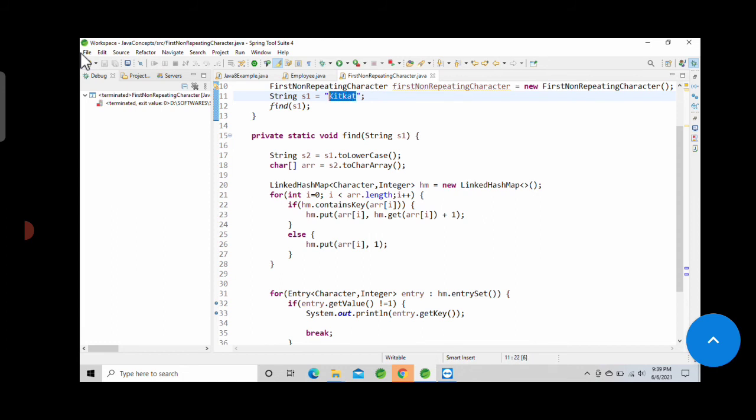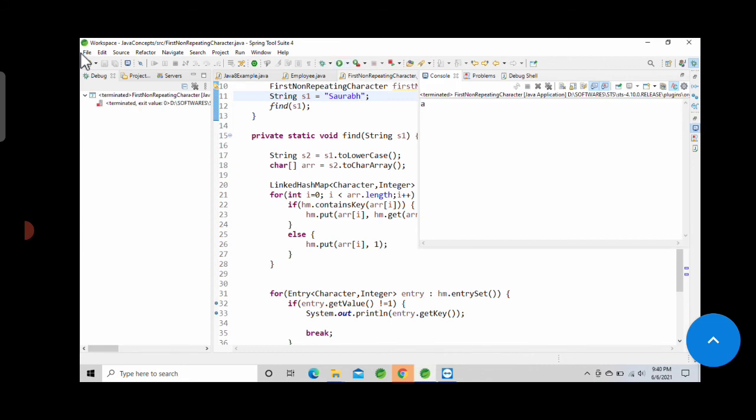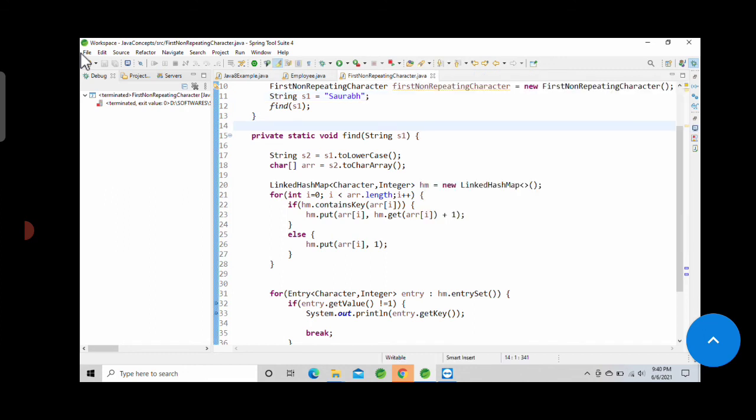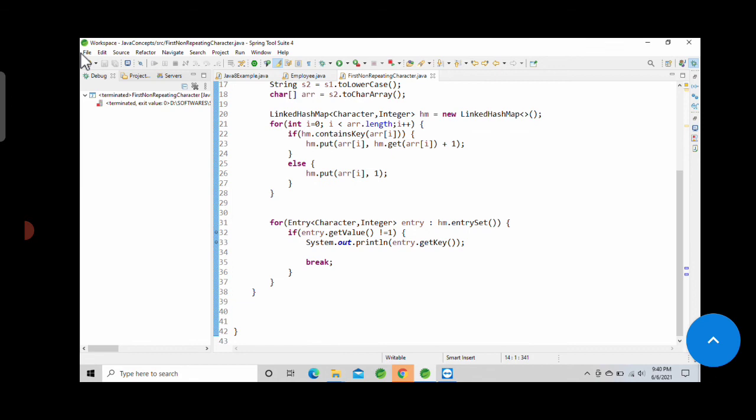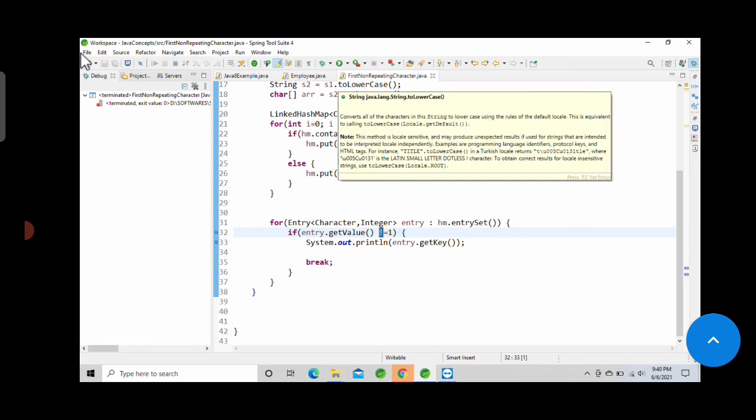It should return a, yeah, because a is repeating 2 times and it is the first character to appear 2 times. So this is how you can find the first non-repeating and repeating character. You just have to change it to not equal to 1, that is, it will fetch the record which has a count greater than 1 in the case of the first repeating character.